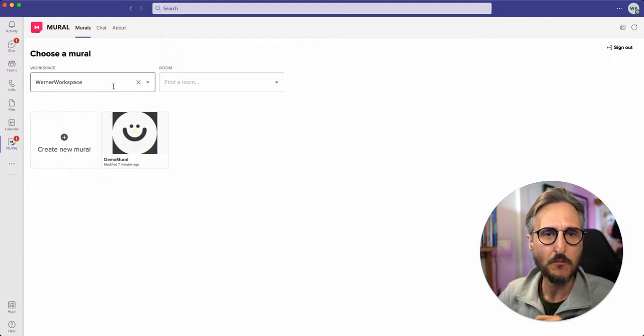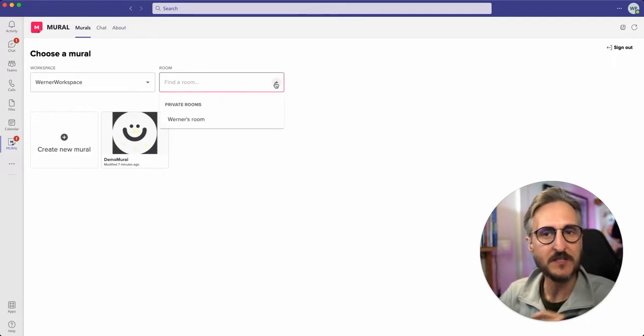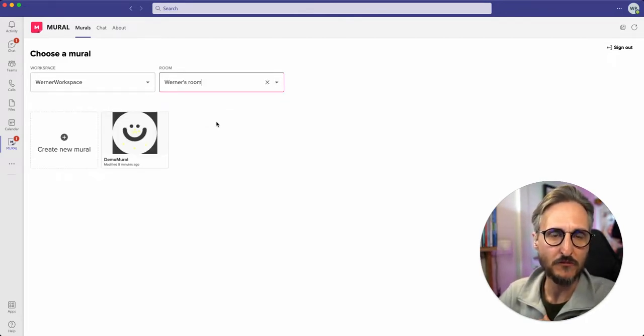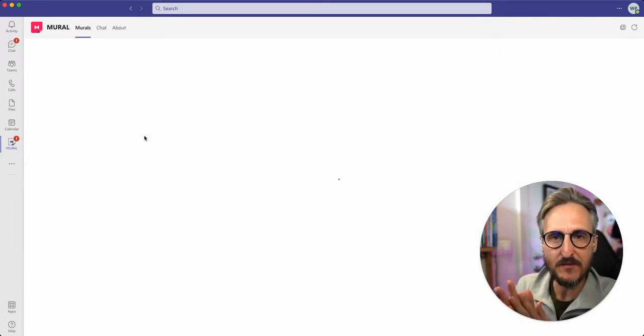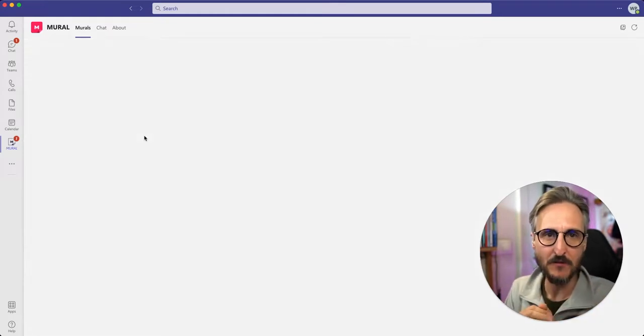Now, just to point out that I have access to all the workspaces I have access to, and then also you can flip between the rooms. This means that you can get access to all the canvases that you've worked on before. I created this demo Mural, and I want to quickly show you that indeed everything works 100% perfectly here in